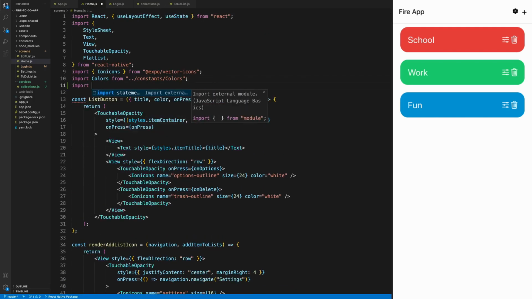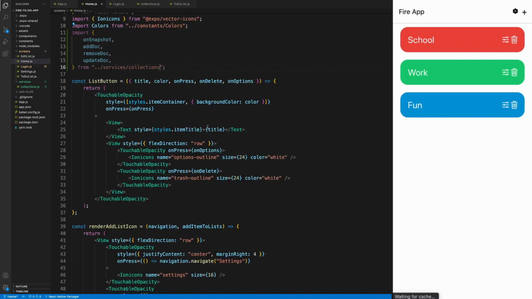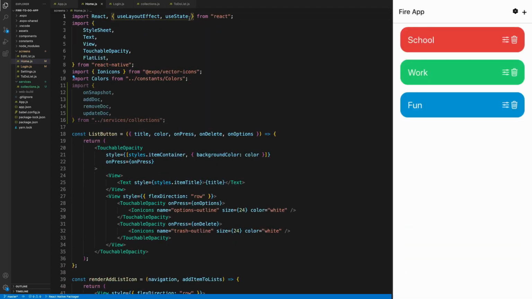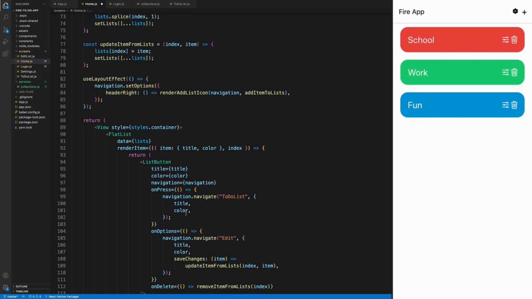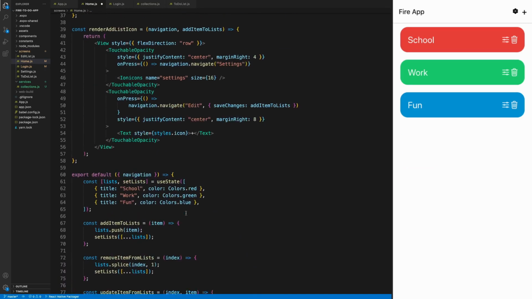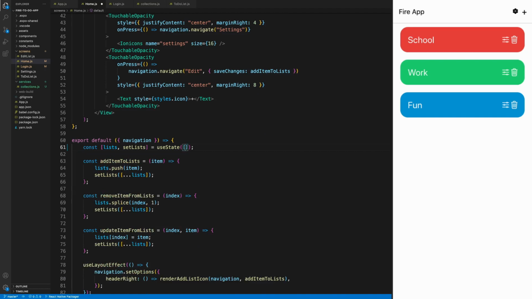So we'll import onSnapshot, add doc, remove doc, and update doc from /services/collections. Oh, and we're also going to need to import useEffect over here. Now scroll all the way down and let's remove all these lists we have right here. We don't really need them anymore. So we'll just start with an empty list,